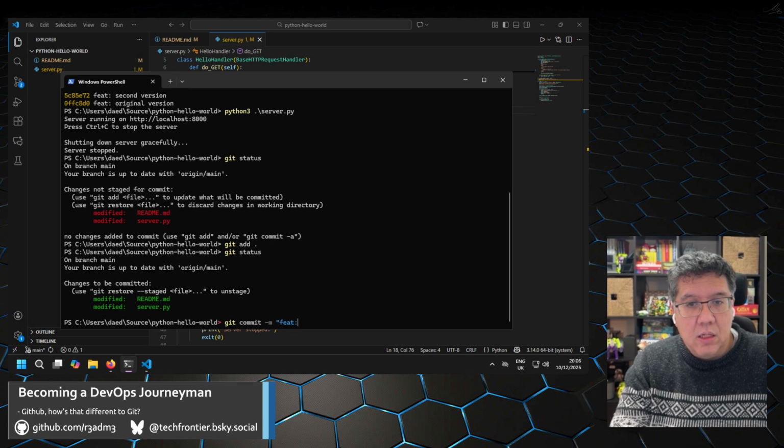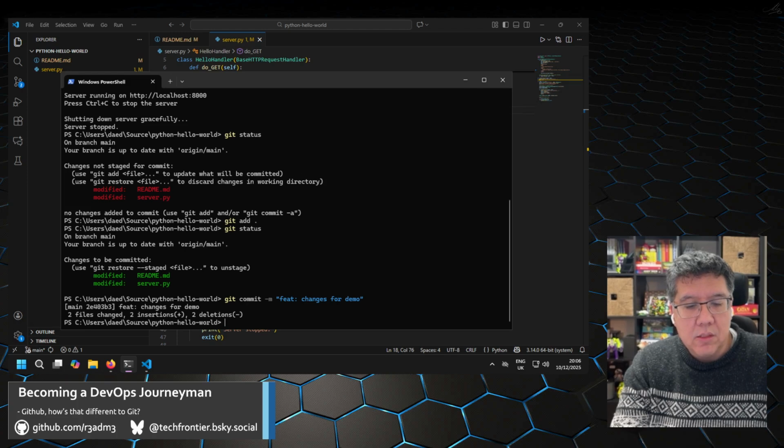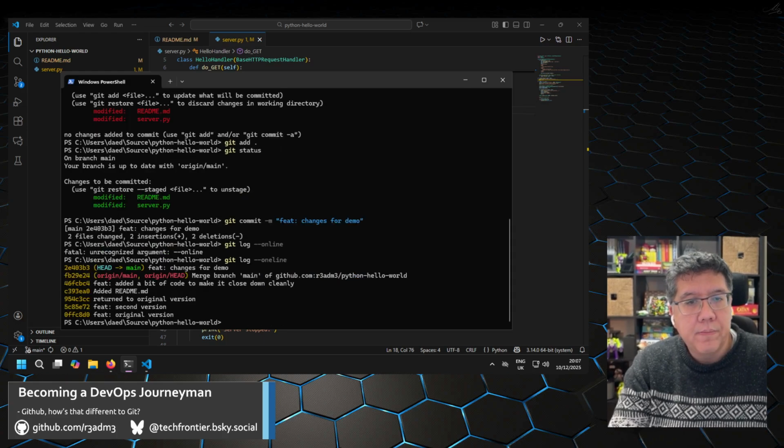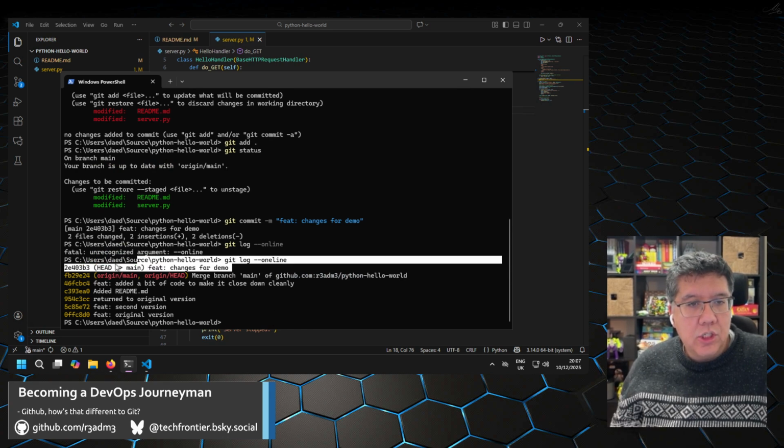Remember, the message can be anything. I've got into the habit of doing conventional commits. So if you search conventional commits on GitHub, you'll see what each of those 4-letter words mean. So this is feat for feature, changes for demo. So when I do git commit, that means that my Git history on my local machine is now, no, not 1 line, --oneline. So there you can see I've got a change here,